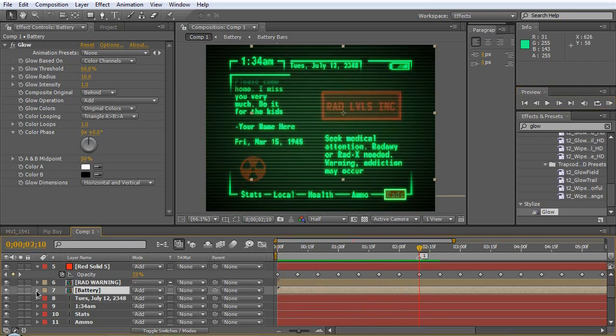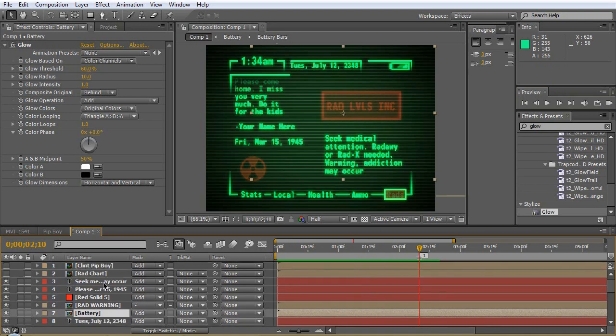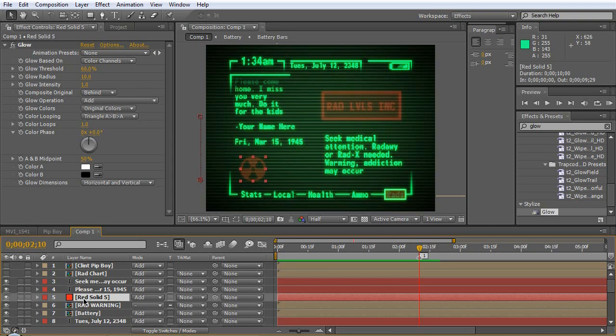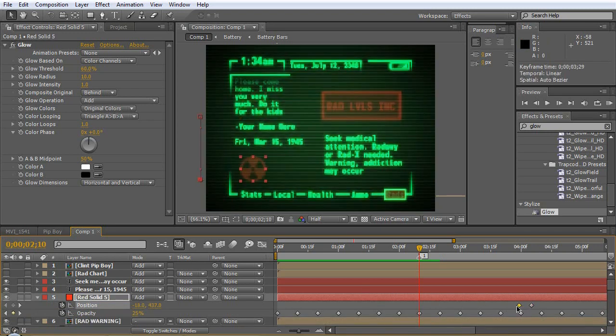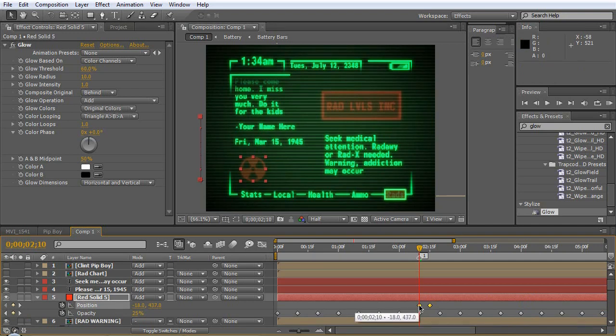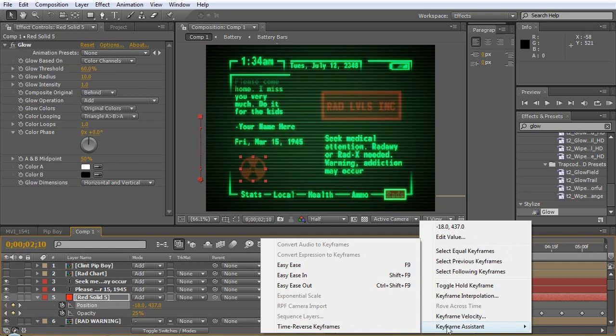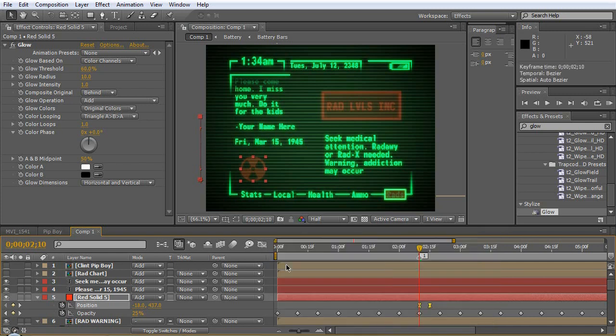Now let's transition here. And we'll transition in 5 frames. So let's actually grab the position keyframes we have for the radiation and the rad's warning. And we'll bring them up here. And we'll hit F9 to make them easy ease keyframes. And of course that didn't work, so let's right click it, go to keyframe assistant, and easy ease. There you go. That'll just make it